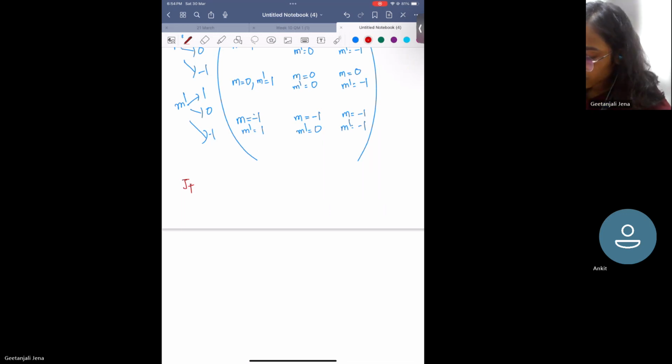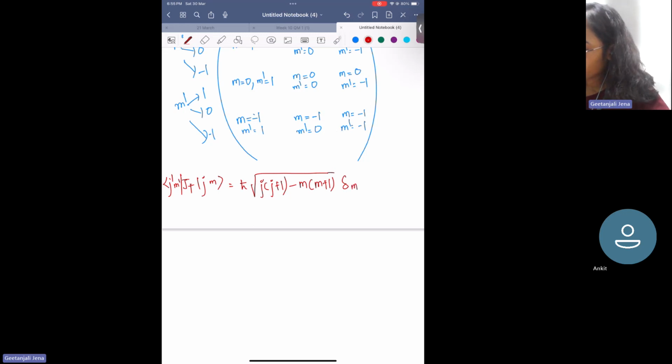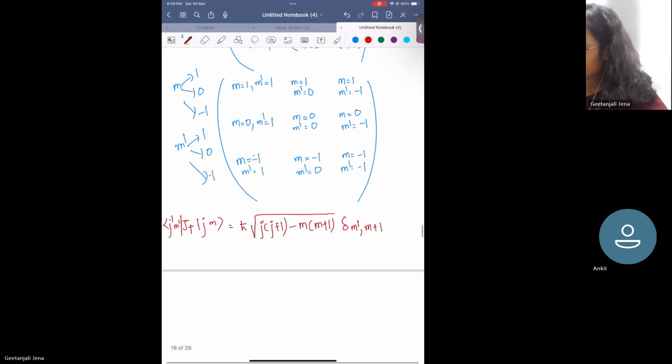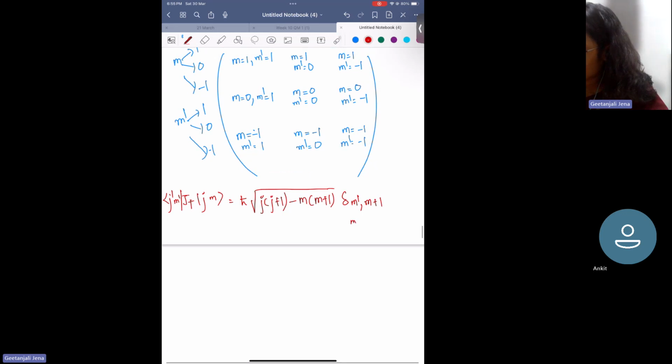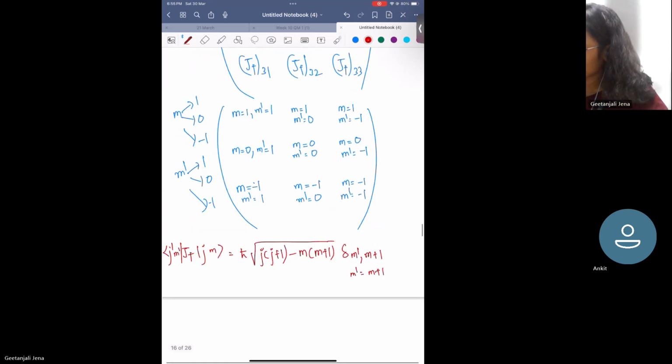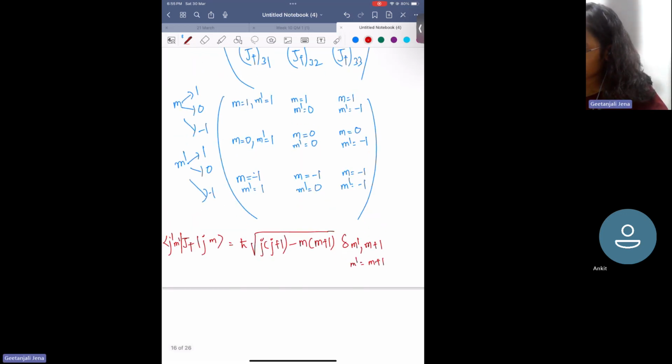J plus acting on Jm and J prime m prime gives root over of J into J plus 1 minus m into m plus 1, delta m prime and m plus 1. And due to this Kronecker delta, whenever this m prime is equal to m plus 1, only in that case the values are non-zero. So that means you just have to check in which case this